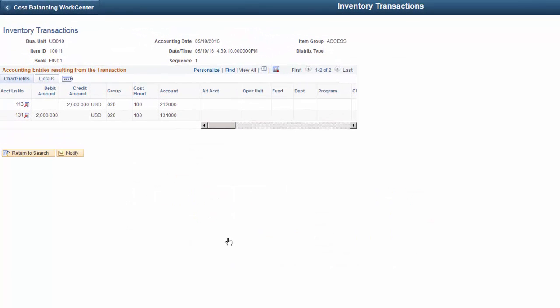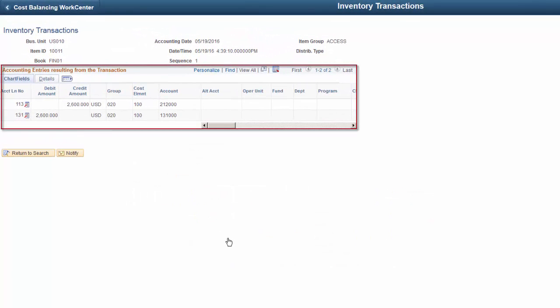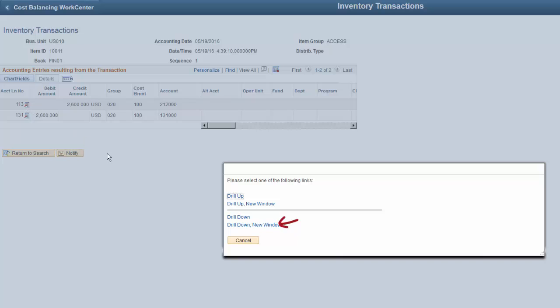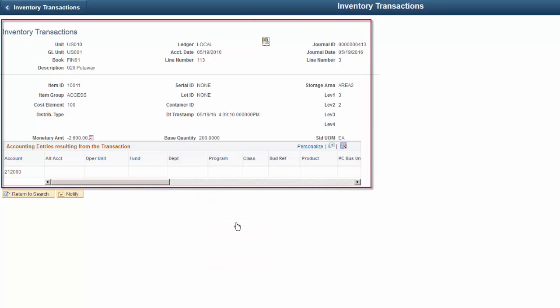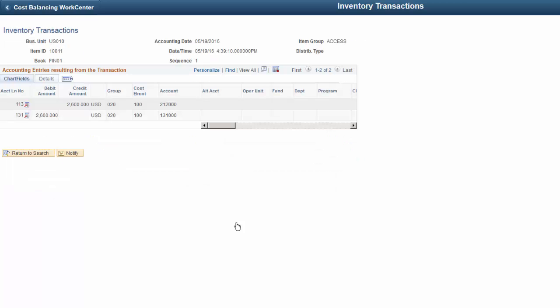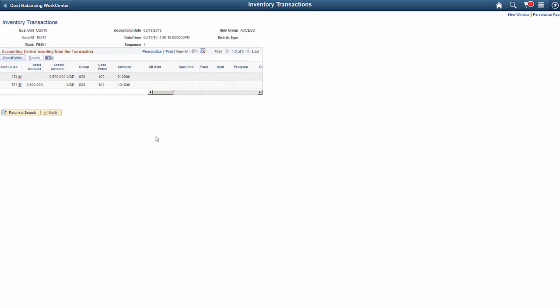The system shows you the accounting entries for the detail inventory transactions you selected. Now, let's drill down into an entry using related actions. This shows the inventory transaction history record for a cost row. In this example, we've identified an item that had an out-of-balance cost and then quickly drilled down to the original